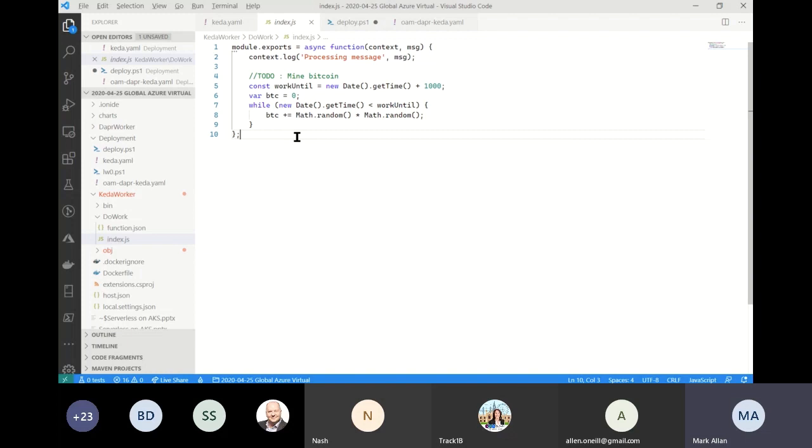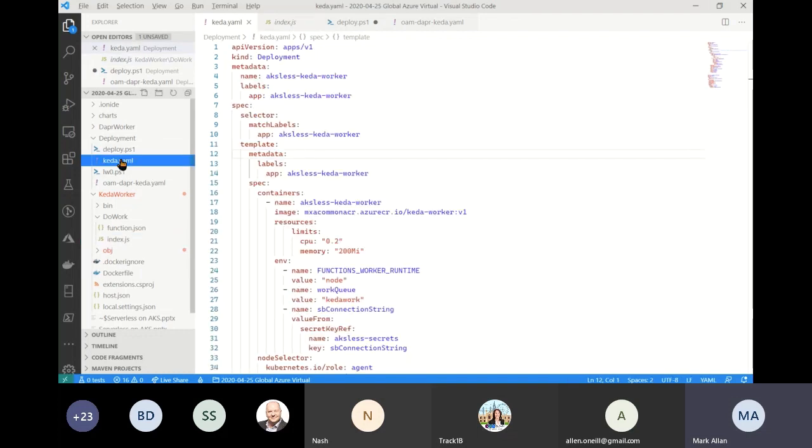Azure Functions also have the ability, as well as being deployed directly to a consumption plan just as code, to be packaged up. In the Azure Functions CLI, you can package any function up as a Docker container, which is how we can then get this provisioned into Kubernetes. So if we go back here, I've put that into my Azure Container Registry as a container called KEDA Worker. So here in my Kubernetes deployment, I'm basically telling it that I want to run that container.